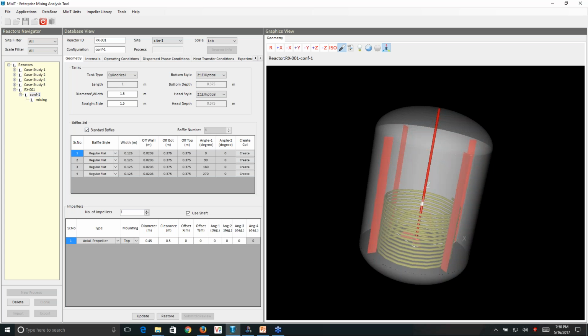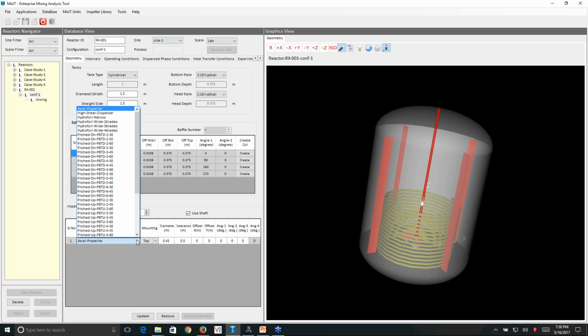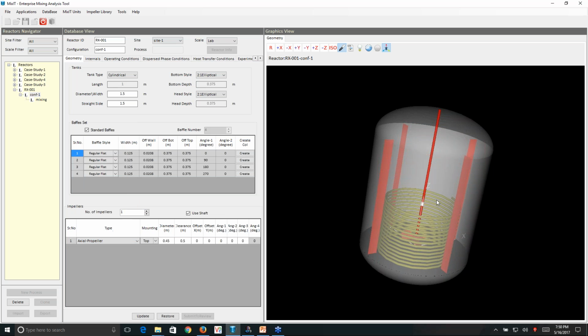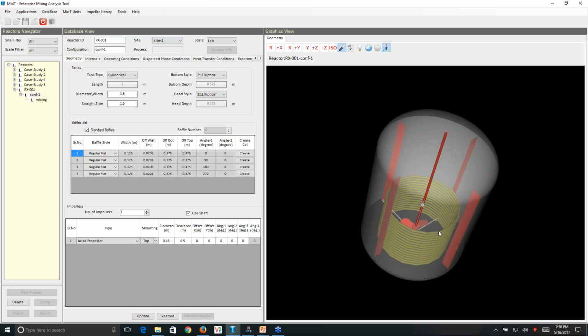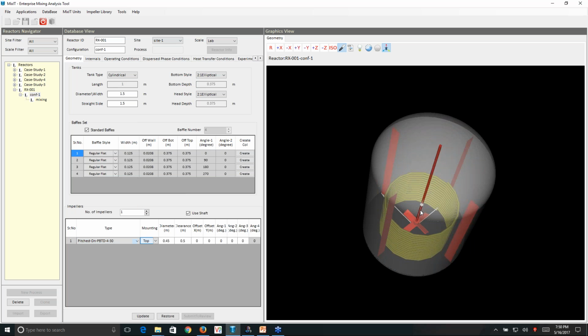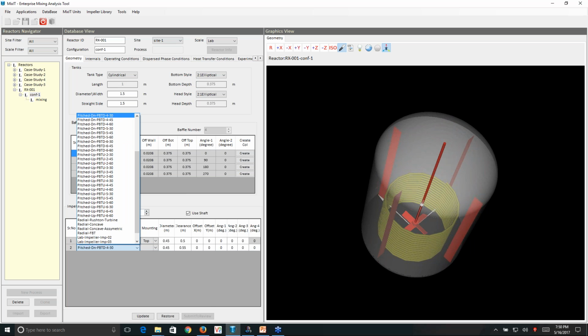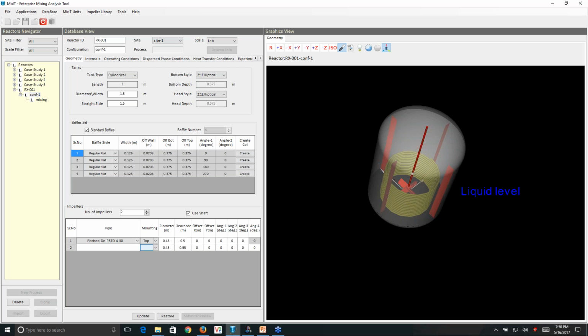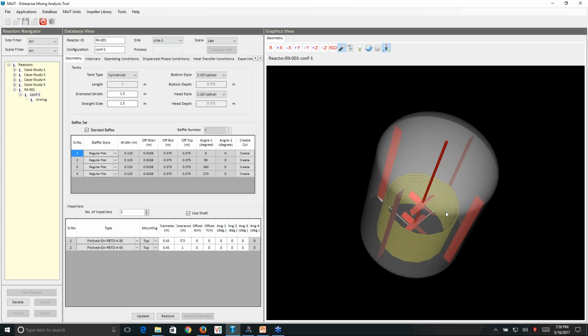Now coming to the impeller, we have a library of impellers where the user can select between various impeller shapes and then look at the impeller model in fully interactive 3D graphics. You can quickly select that impeller model. You can specify multiple impellers on the same shaft, so multi-flight impellers can be easily added there. The user can quickly provide those details.